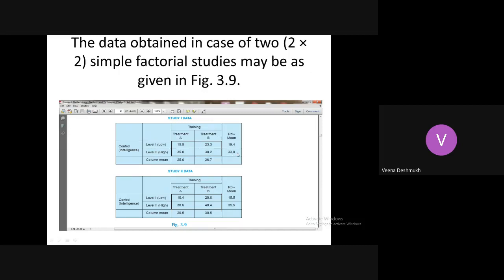So if the distractions are less and the number of hours is more, definitely the performance is better. Similarly, you can consider even the IQ level of students also. So you get a good number of examples here for simple factorial design, and you can finalize which factors are going to give you good results.